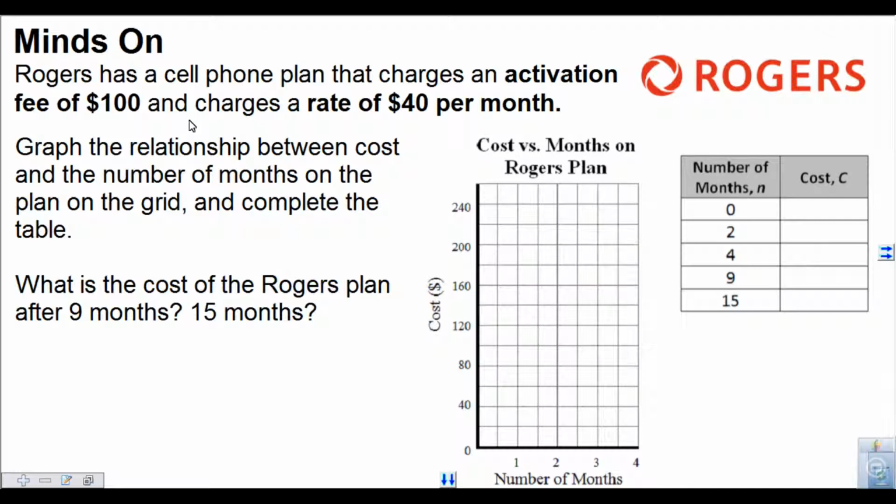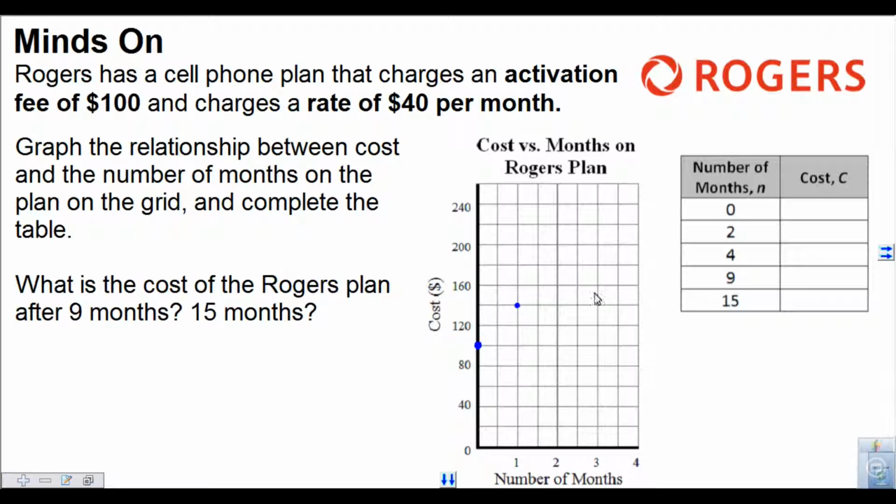So let's think about this. Before you even start using the phone, you have to pay an activation fee of $100. So at 0 months, you could put a point here at 100 because that's what you paid right at the beginning. Now, at 1 month, you used 1 month's worth of this plan, so that's $40. So that's 40 plus the $100 that you paid at the beginning for a grand total of $140, which is